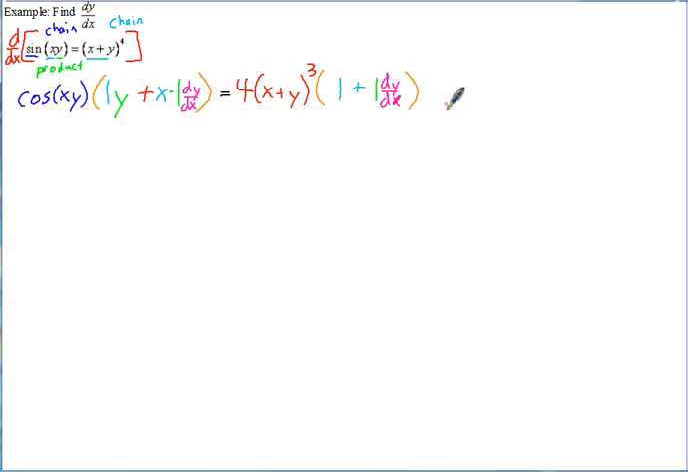Now, this one, if you try to get the dy/dx's all on one side at this point, it's a little difficult because they're in these expressions with parentheses. So to get rid of those parentheses, you can just distribute it out. So if we distribute out the cosine of xy times y, that'll be y cosine of xy, and then distribute it, cosine of xy times x dy/dx, so plus x cosine of xy times dy/dx